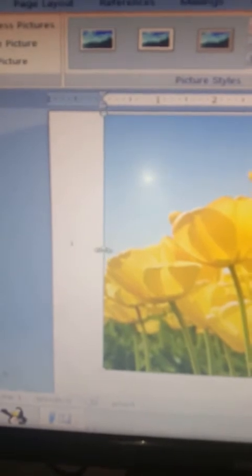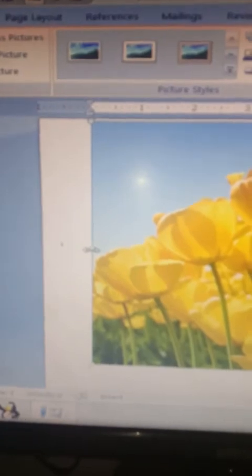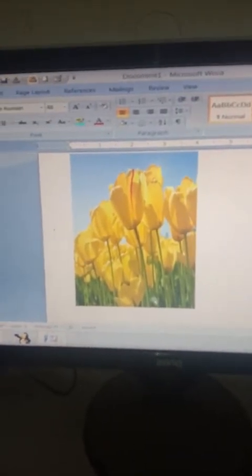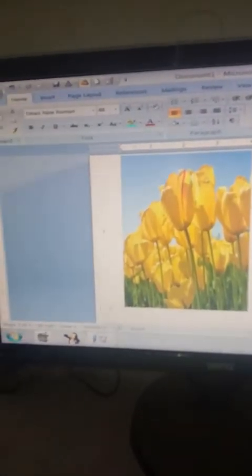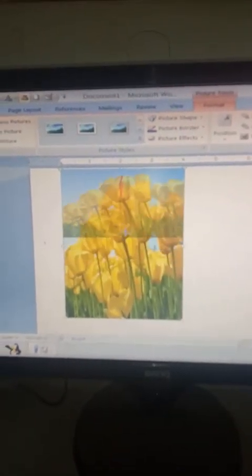We can also decrease the size of the picture. Suppose you bring the cursor to the square shaped part. As soon as you bring the cursor to the square shaped part, it changes into the shape of an arrow. Just drag it, and similarly by dragging, look, the size of the picture has been reduced. Now I can reduce the size a little more. As I bring the cursor over here and drag it, look, the size has been reduced to such an extent. So in this way we can reduce the size of a picture by bringing the cursor to the ending parts. Over here it is a circle, over here it is a square.